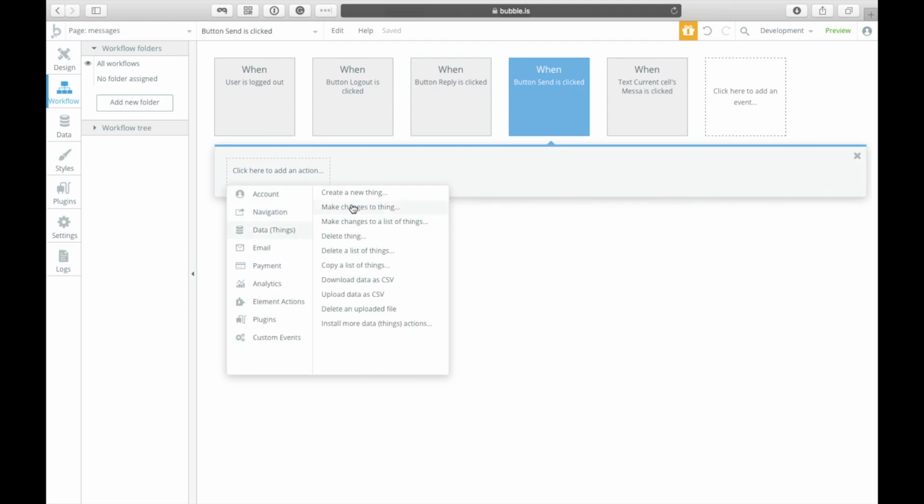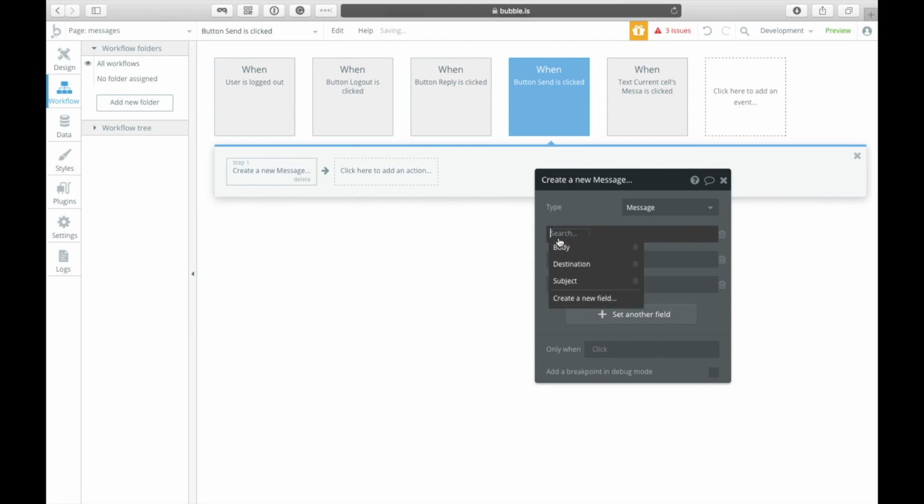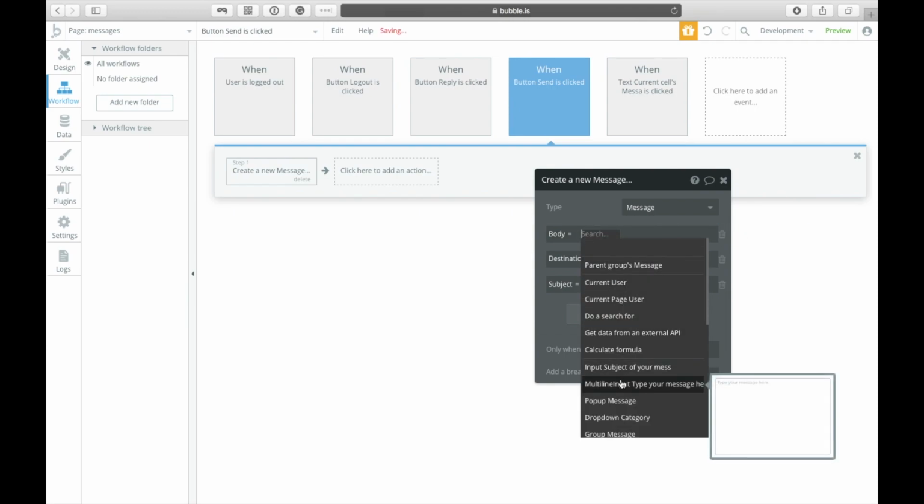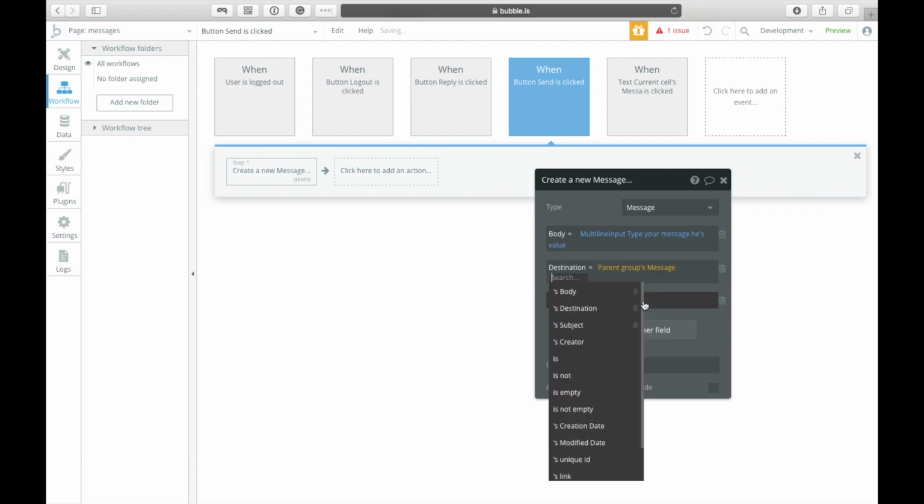You want to first create the data type, which means creating a new message, and you want to save three details: the body, the destination, and the subject. The body of the message is on this field, so we're going to plug those UI elements into the data field. The destination is tricky, so you have to concentrate on this part. Who are you going to send the message to? Basically, you want to go to the parent group's message,